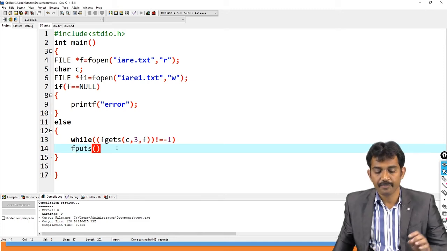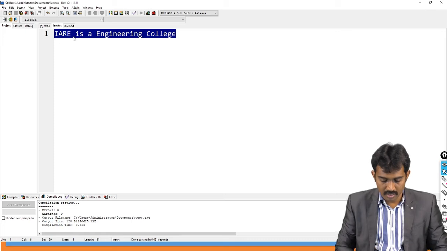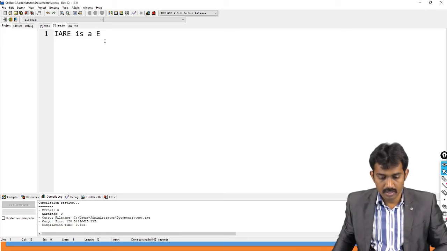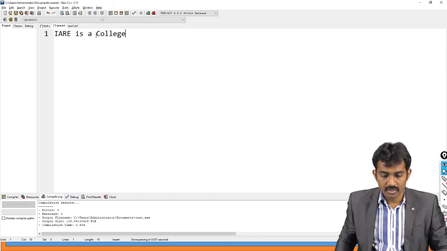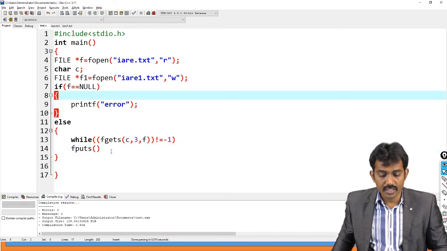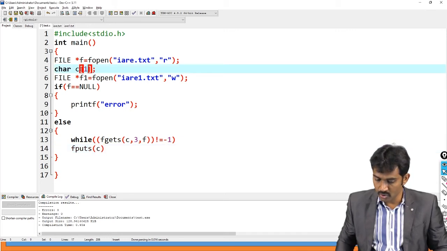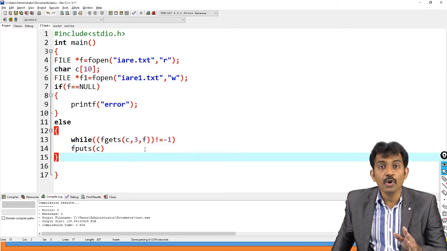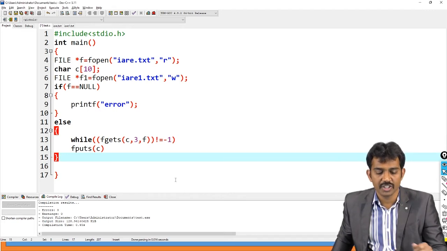fputs. See, I'm going to write a small data here: IRE is a college, right? And if you run this code, c should be a string, right? So it has 10 characters, but we're going to copy 3 characters from the given file, because you mentioned 3 only, right?